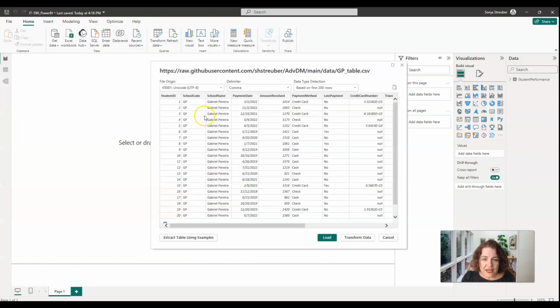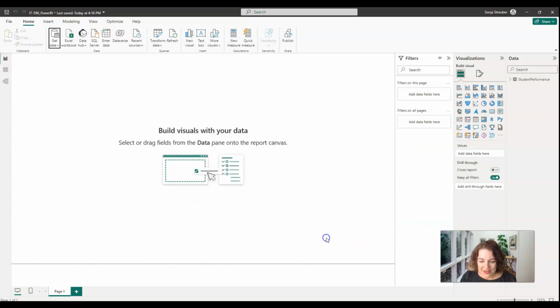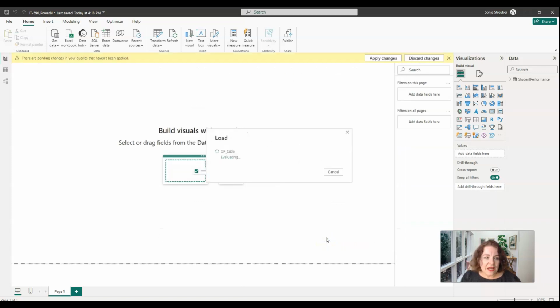So that is correct. And then we have here data type detection. So we are actually automatically detecting the data type. That's very nice, right? Based on the first 200 rows. Later on, we'll figure out how to change data types, etc. as well. So here we're going to just click load before we transform the data. We're going to do this in the second step. So I'm going to hit load, and now